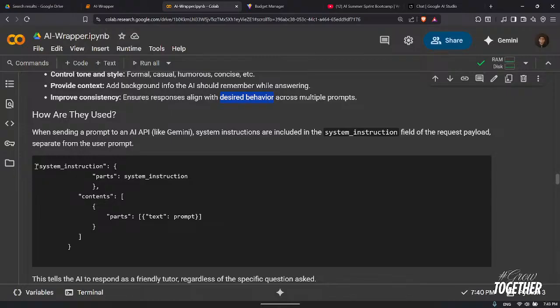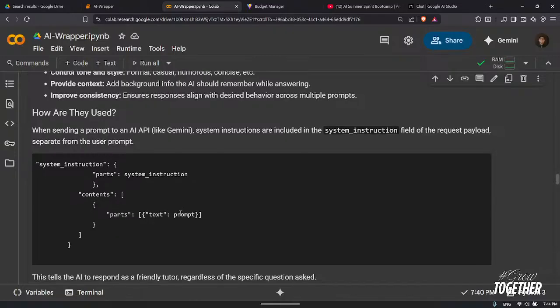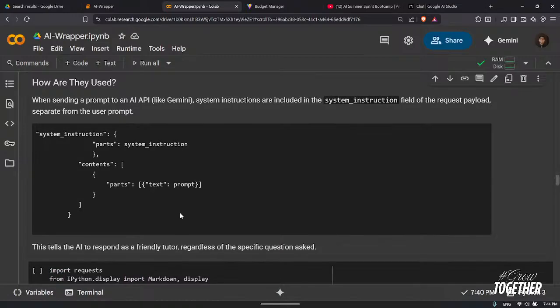So to use them for Gemini, you will need to add this key, system instruction, access it by parts, and pass your system instruction. And then for the content, this is like the other regular. You're gonna be passing your text and prompt. So here you have your system instruction, and you have your text with the prompt you provided. Again, you don't have to understand this very well because most of this part is just pretty much copy